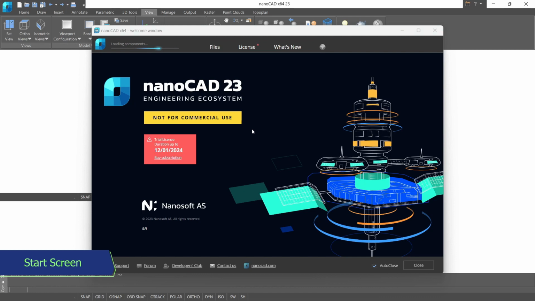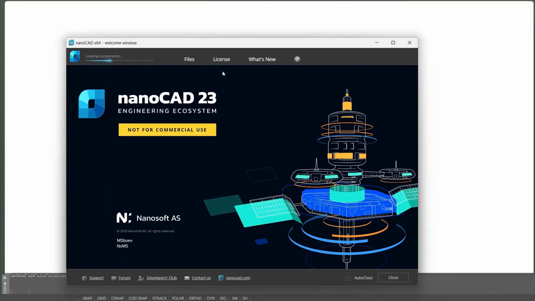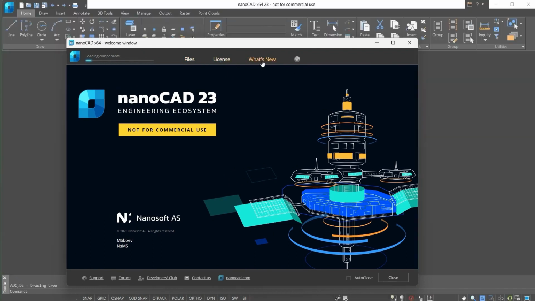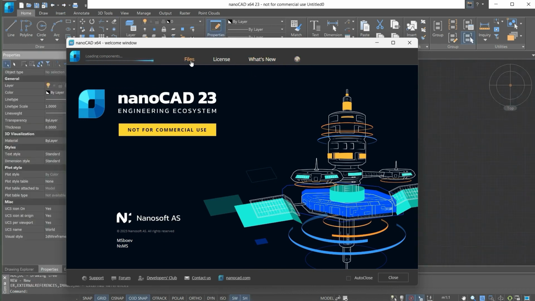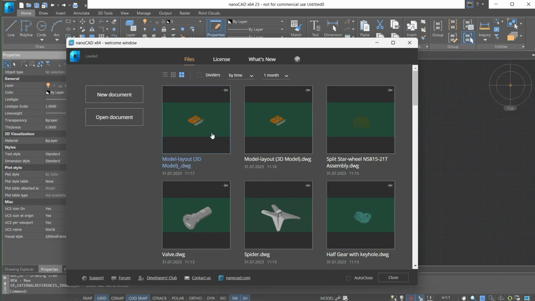Upon startup, we see a welcome dialog window with three main sections. What's new? Resources and Files. The Files section displays all previously open documents,